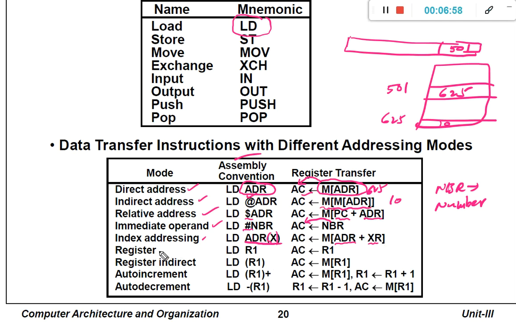So if it is a register direct addressing mode, we are just going to move the content of the register to the accumulator register. We have seen this in the previous class. In the case of register indirect mode, you have to use parenthesis for the register variable. Then the content of that particular register location inside of the memory location will be moved